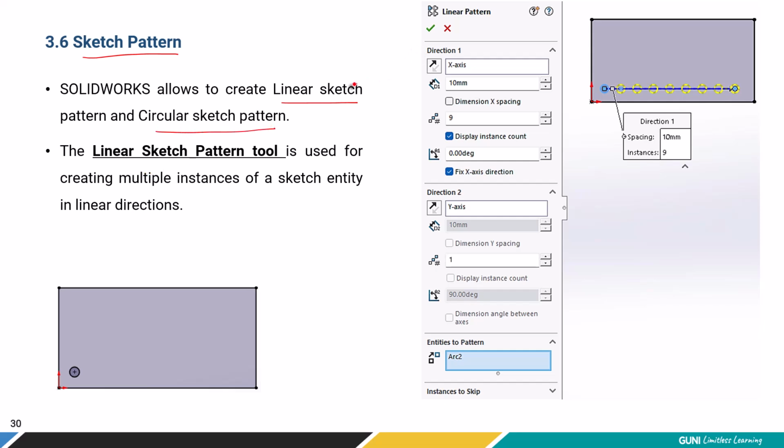Now, the linear sketch pattern tool is used for creating multiple instances. Instance means a copy of a sketch in a linear direction, either X direction or Y direction. If you look over here, there is a circle inside a rectangle block. I want to create its pattern in X direction. So using linear pattern in X direction, I can add 9 circles and the spacing between them is 10